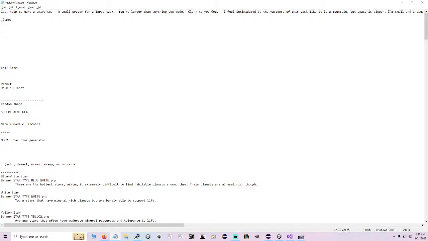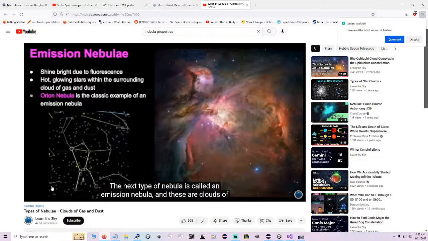The next type of nebula is called an emission nebula, and these are clouds of gas and dust that are glowing brightly due to fluorescence. So inside this cloud of gas and dust, there are tiny stars that are starting to be born. And the Orion Nebula, in the constellation of Orion,